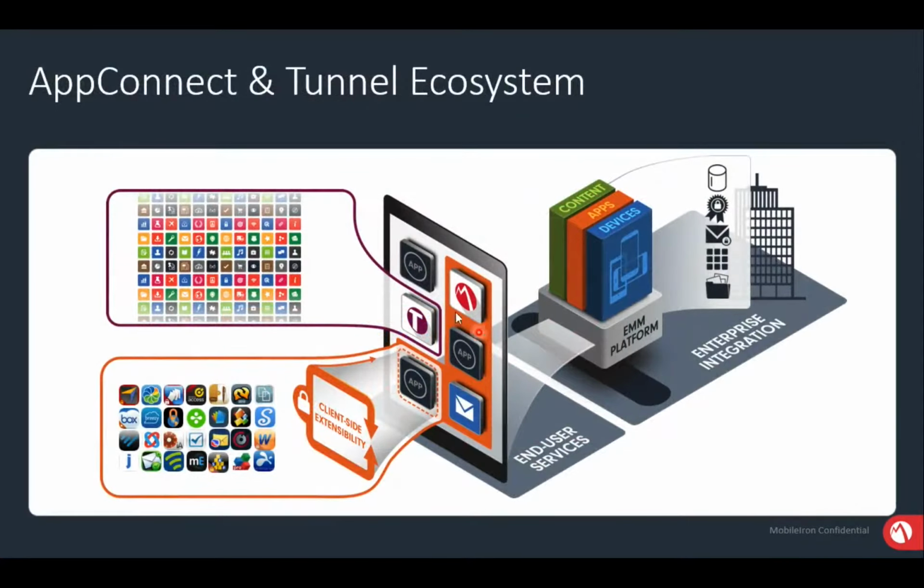As an end user experience, all they have to do is simply open the app. Once the device is managed, there will be a logical container created. Anything inside the logical container will connect to the Sentry. If it is an AppConnect enabled app, there is no need for a tunnel, and it automatically goes to the Sentry and connects to the backend resources. If it is a third-party app, per-app VPN will be triggered and it will connect to the backend resources.